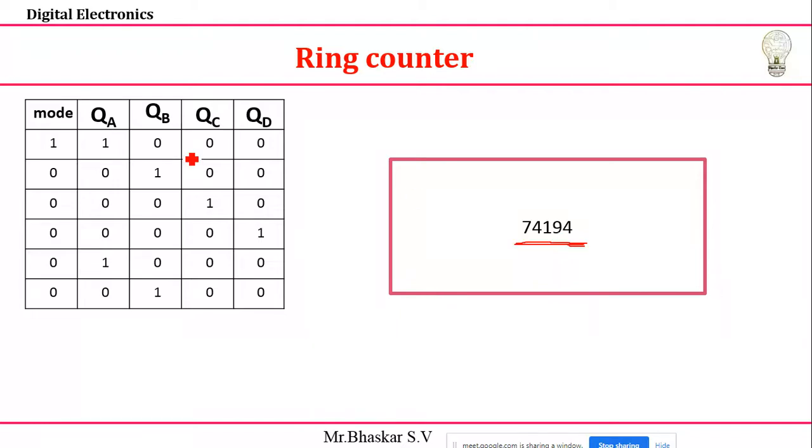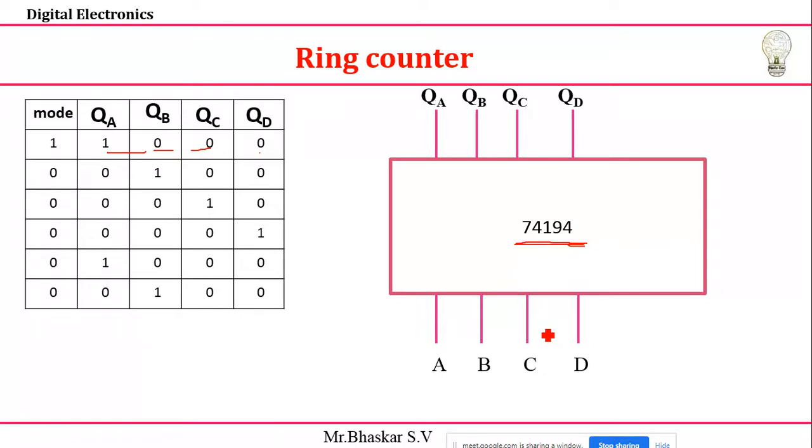Okay, next. Once you take IC 74194, next I want to load some values into it, because first I want to load this 1000. For that, the inputs I'm going to take are A, B, C and D. A, B, C, D are my inputs. I'm going to load them into this IC 74194. Once I load, next I'll get the values at QA, QB, QC and QD. These are the outputs.